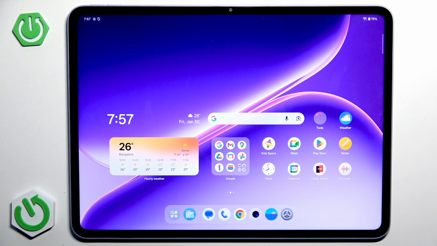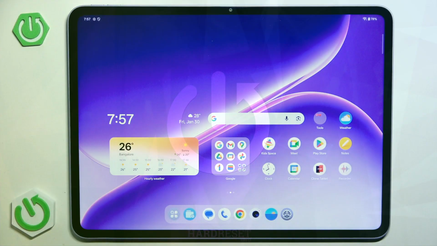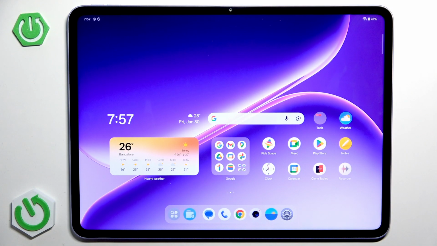In front of me I have OnePlus Pad Go 2. In this video let me show you how to fix app crashing or freezing on this device. So if an application on your OnePlus Pad Go 2 is crashing or freezing, it is usually due to some